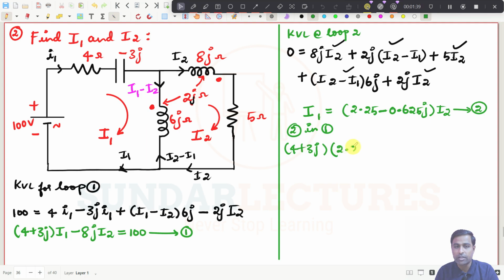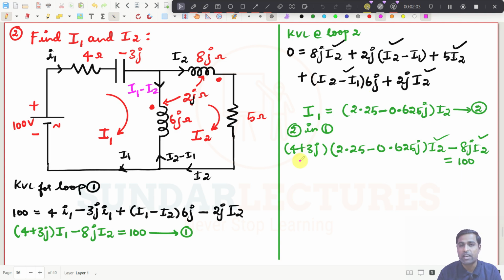Multiplication of 2.25. This is I1, I'm just putting it here. So 2.25 minus 0.625j into I2. I have substituted, and then minus 8j I2, which is equal to 100. See this one now, everything is I2. Simply, what you do? You just find the value of I2 straight away. You can find the value of I2, and I am getting I2 as